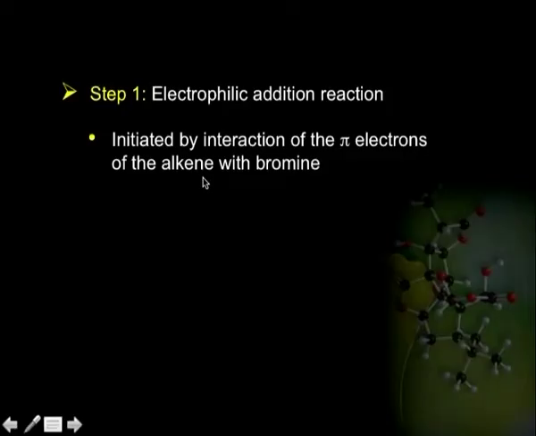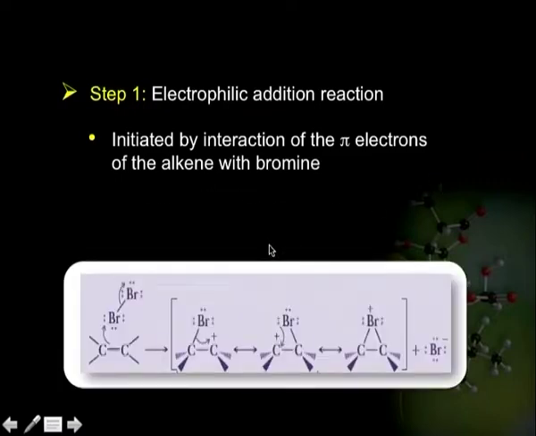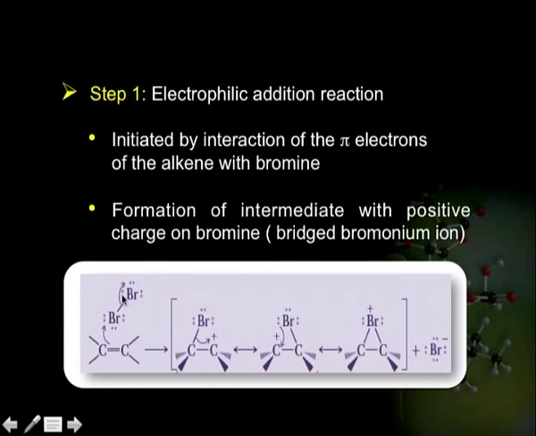And if we look into its mechanism in little details, we will see that this is initiated by interaction of the pi electrons of the alkene with bromine, as is shown in this particular reaction. Formation of an intermediate with positive charge on bromine is created. So, this particular ion we call as bridged bromonium ion, the bromine with a positive charge, and with this we